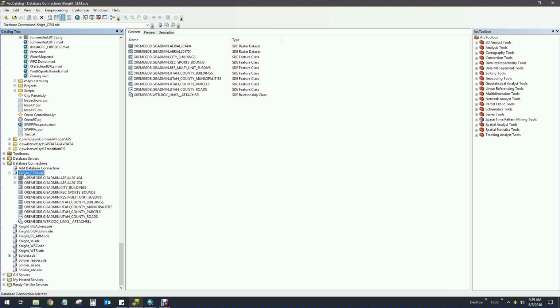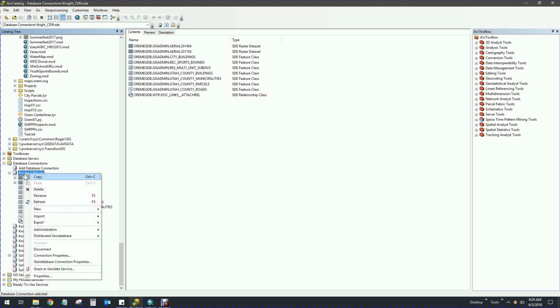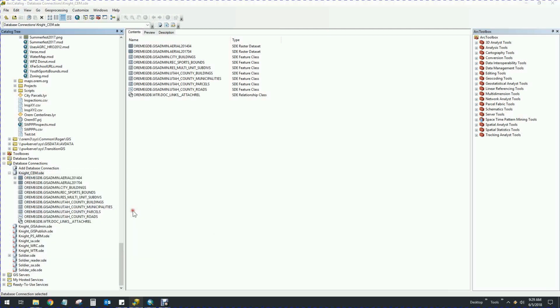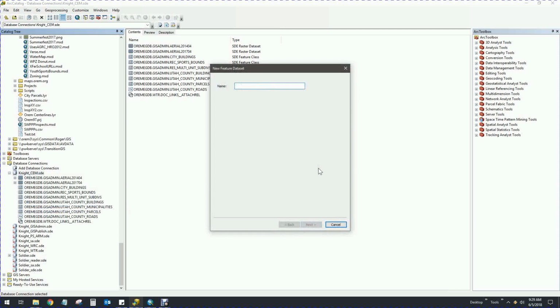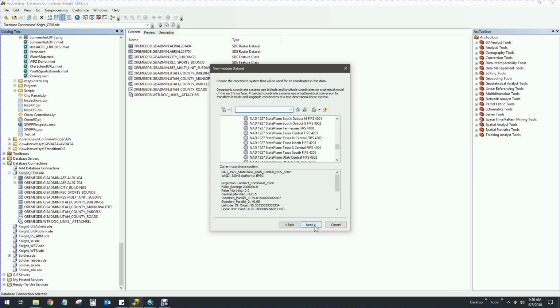To do that, I right-click on the database connection and go to New, Feature Dataset, and the first thing it wants is a name. So I'm going to call this Cemetery, because this is where all my cemetery data is going to go. My plots and my blocks, my sprinkler lines, rights of way, things like that are going to go in here. So I'm going to click Next, and the next thing it wants to know is the coordinate